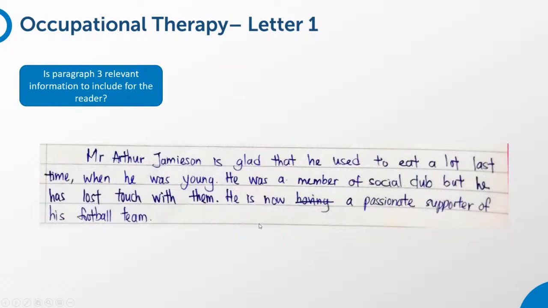All right, let's look at paragraph 3. And I want to know your opinion. Do you think this paragraph is relevant information to include for the reader? Yes or no? So you've got a sliding scale to choose from here. Do you think this information is relevant or not relevant? What do you think? Is this detail about the patient something that the doctor needs to know,